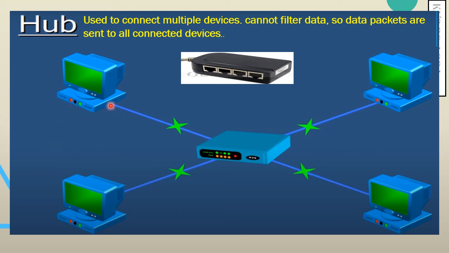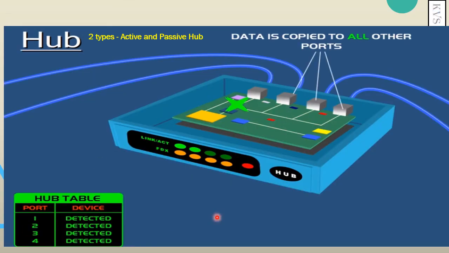So in this diagram you can see the signal is transmitted to all the four devices. And in this diagram we are showing a 4-port hub. Hubs and switches come in multiples of 2. The number of ports are in multiples of 2 like 2, 4, 8, 16, 24, 48. So as per our requirement and the number of devices we have to connect, we can buy hub and switch. Again, this is the functionality of hub shown, that the data is copied to all the 4 ports.